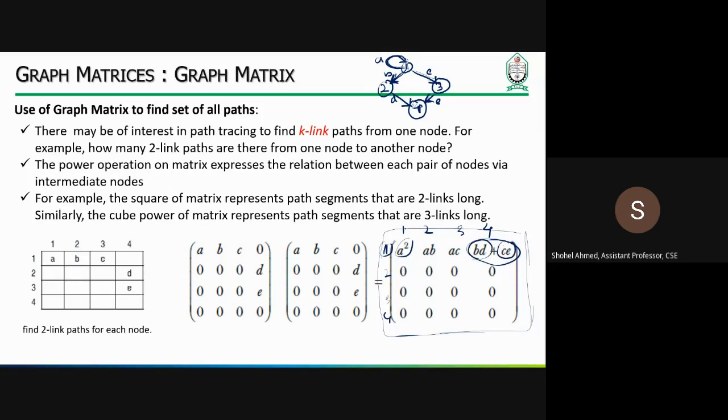So you can move to node 4 from 1 using two different paths, and every path has exactly two edges, BD and C. So there are two edges in each path, and we can reach node 4 through two paths, which is why these two are represented with a plus here. And from node 2 to node 2, or from node 2 to node 3, there is no path